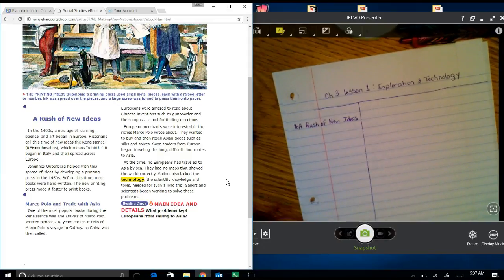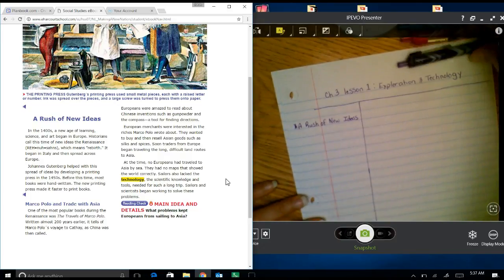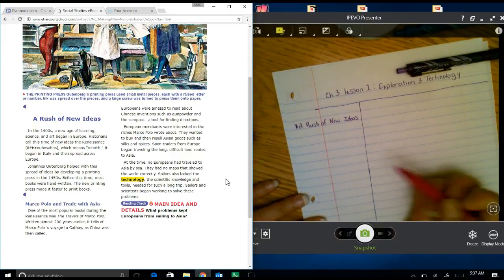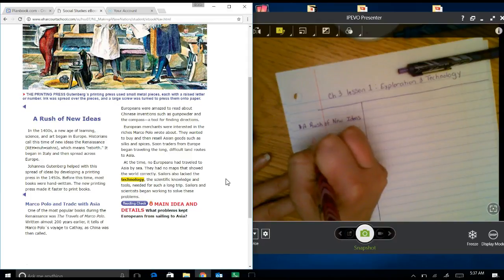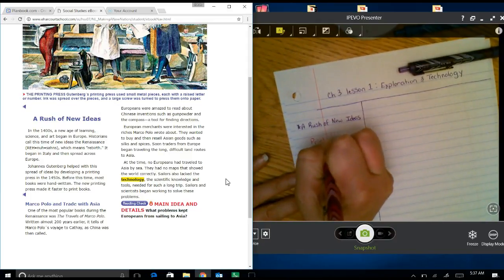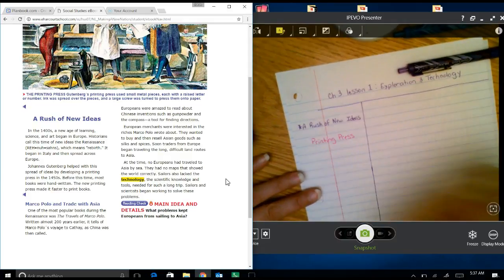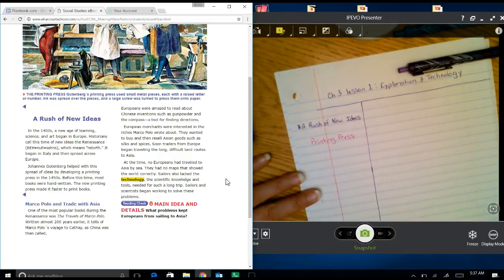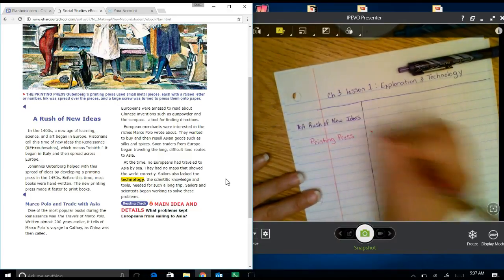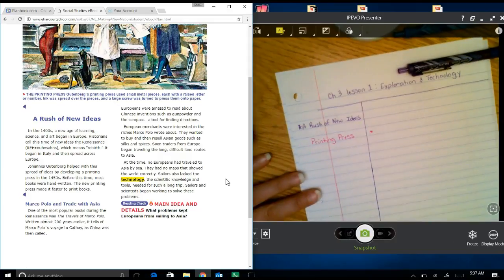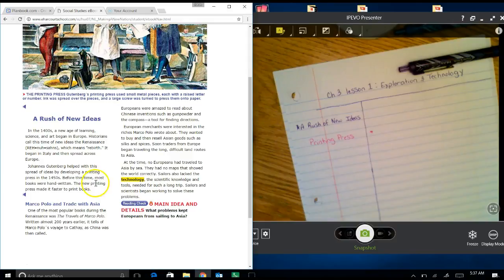Okay, I noticed they talk about the printing press and how it changed the world. I'm going to put the printing press in pink because pink is going to be my colorful vocabulary. So I'm going to write the words printing press here because I think that, well, maybe not one of the vocabulary words from the chapter, it is still going to be a very important vocabulary word. So printing press, and why am I going to write about the printing press? I think the printing press is important because, as you can see right here,